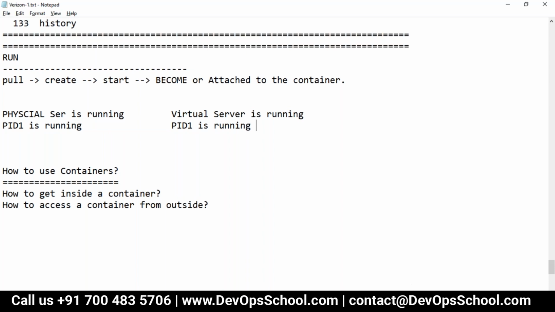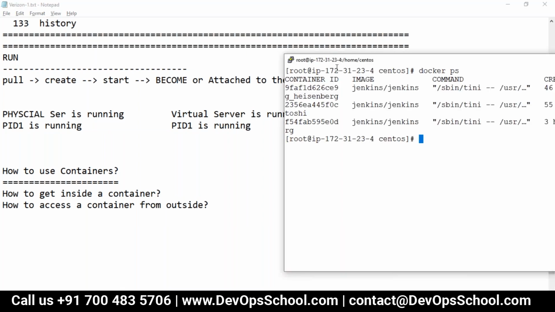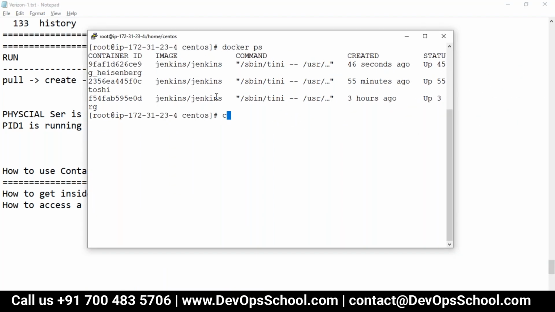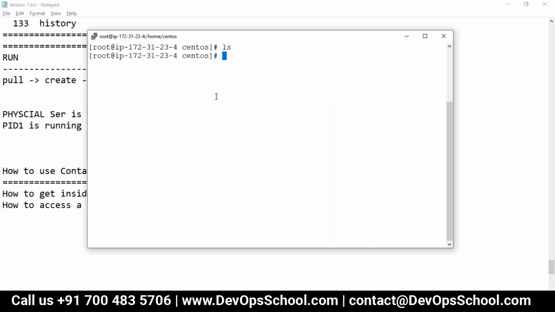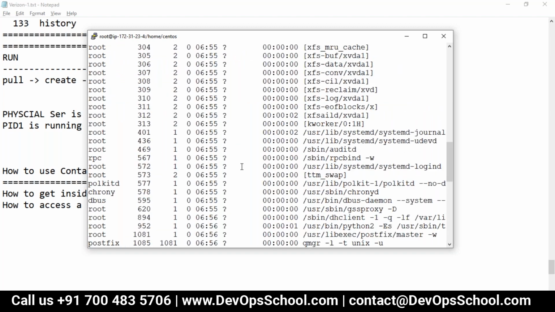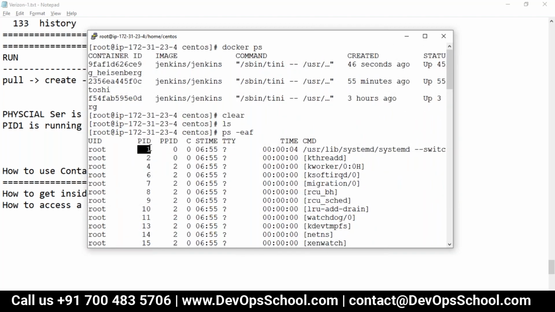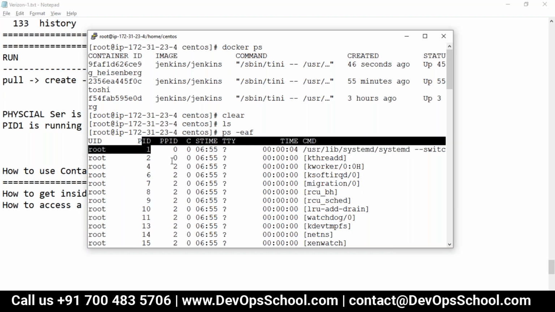Can I prove this? Guys, look at my screen. ps -ef. This is PID1. I'm showing you the process IDs of the host machine, and see the PID1, systemd. When you shut down, this gracefully exits, PID1 gets cleared, and the system is shut down.